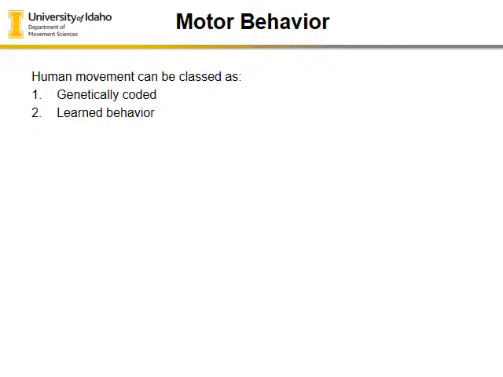When we talk about human motion, we talk about two different components. We usually think of things being genetically coded, and then we also think about movements that we generally learn through our lifetime. And the way we analyze and the way we think about these components is different between individuals, right? So I want you to think as you go through this class and as you anticipate and look through motion,